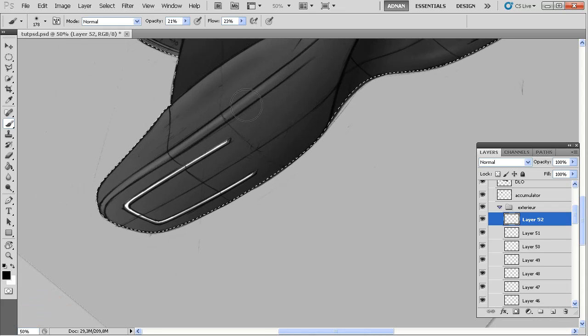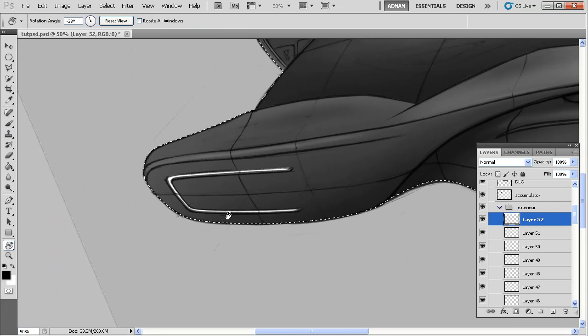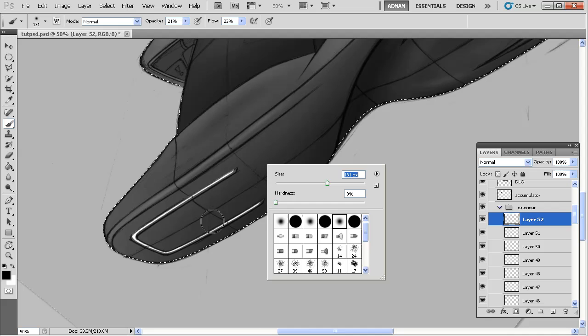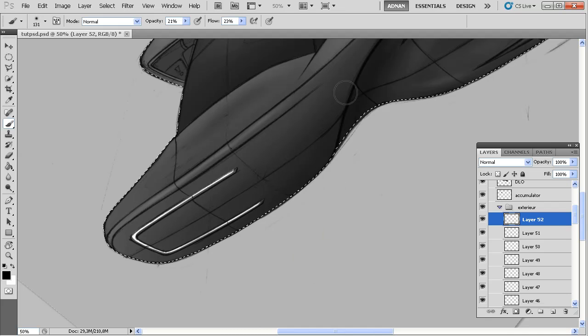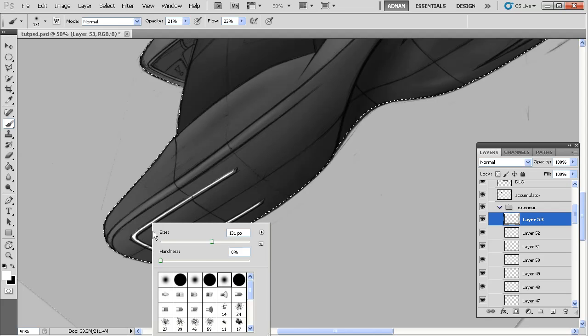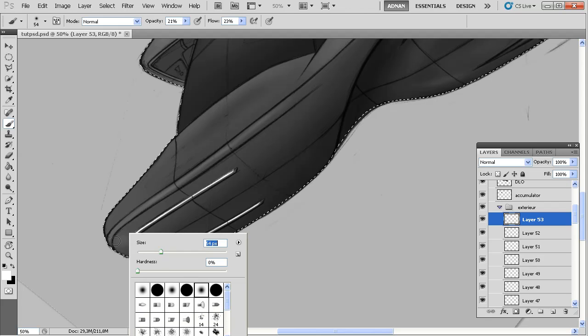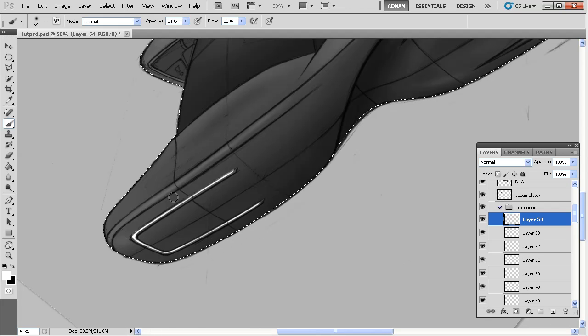Let me zoom out, rotate, and do a little bit of darker right here. Switch to white. And